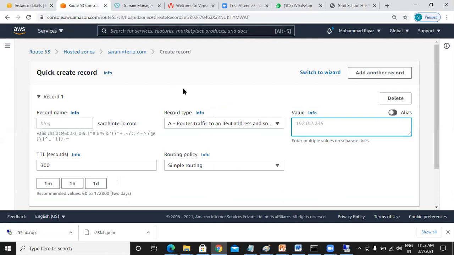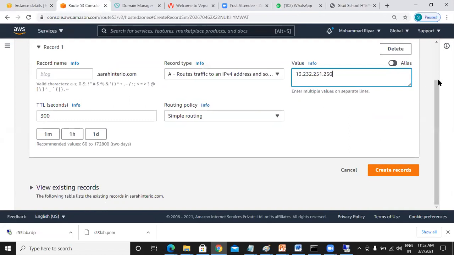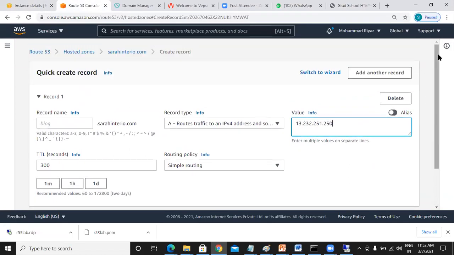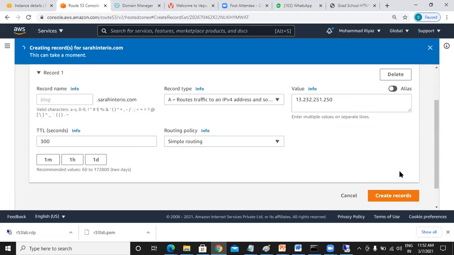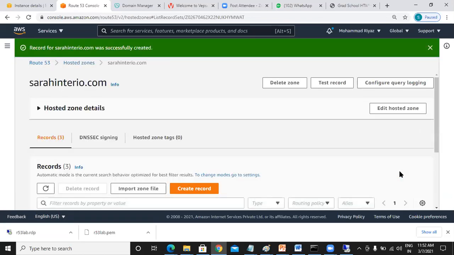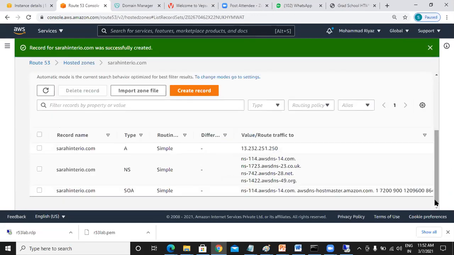Go to Route 53, put that value and say create records. Now what happened? Now the record got created.